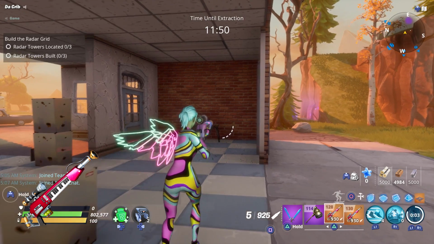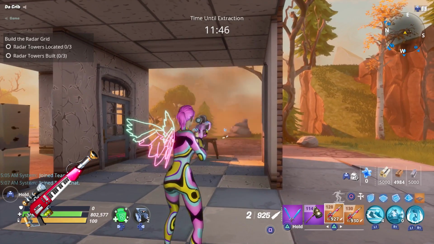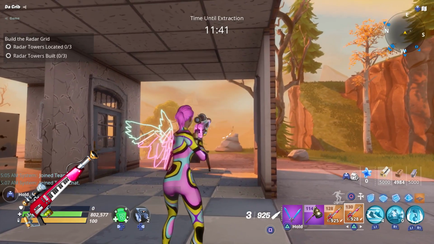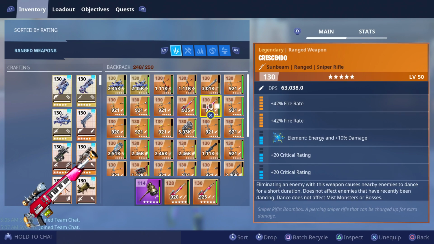Anyways, here's what the regular fire rate looks like when you don't hold it down. Very slow. And here's what it looks like with 2 fire rate perks on it. Oh man, that's much faster. Okay, so that's what the fire rate and reduced charge time looks like when you put 2 fire rate perks